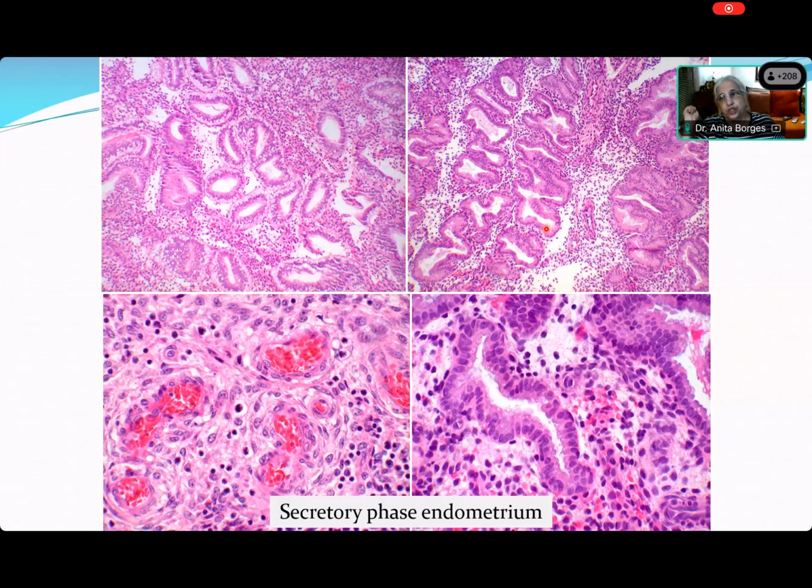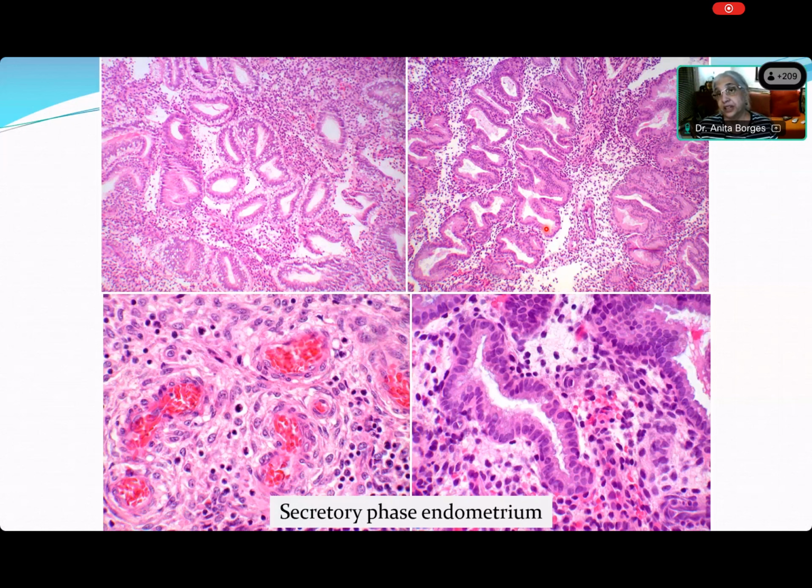She has menorrhagia. Can you tell me, Nargis, a situation in which you will get menorrhagia because there are no spiral arterioles? Come on, Nargis. When does the spiral arteriole develop, Nargis? In which phase of the endometrium? Maybe the secretory phase. Secretory phase. Very good. So what happens in the proliferative phase? Is there a spiral arteriole?